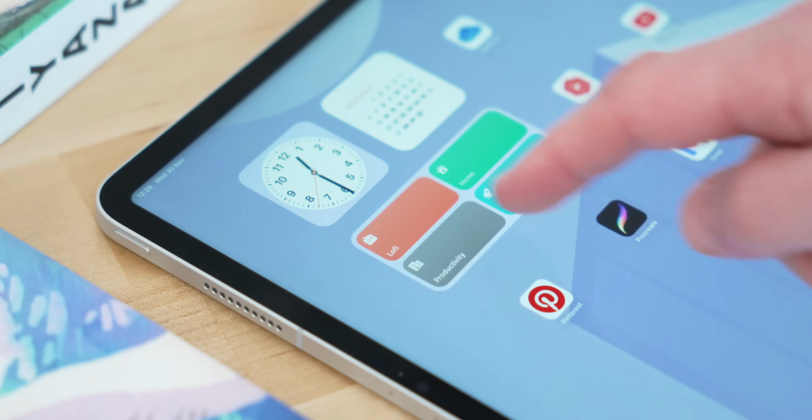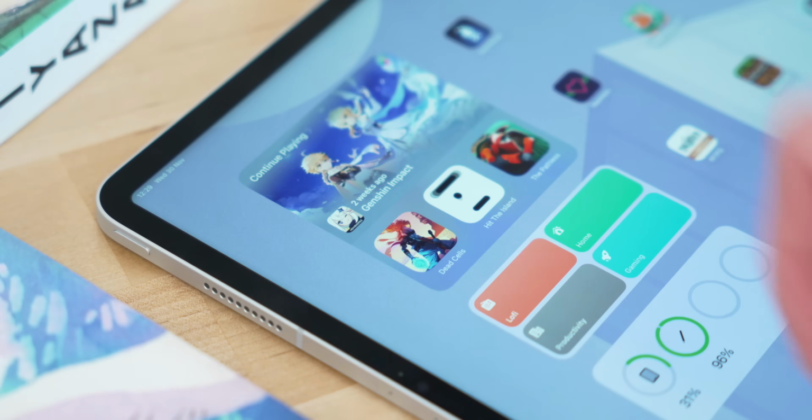That's really helpful as well because it kind of silences all my distractions, and it means if I am working at somewhere like a coffee shop or someone else's house, I can just get straight into work without having to really think about what apps I need to access and stuff. I do have a small guide on how I have all of my home screen stuff set up, so I'll